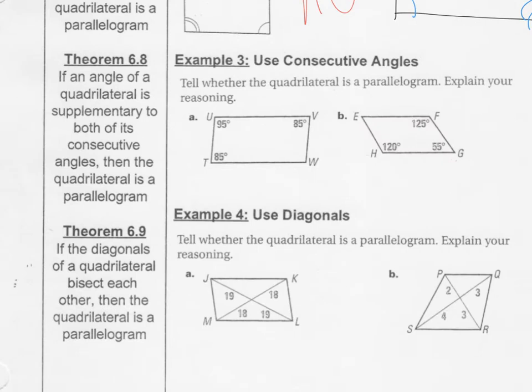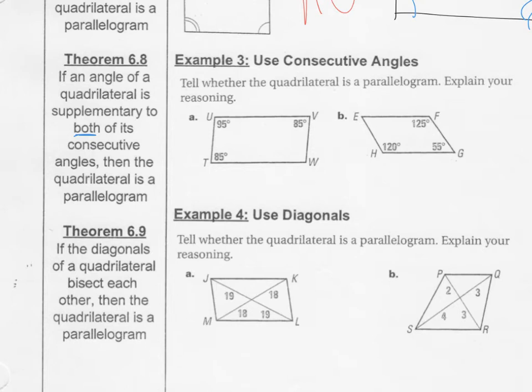In this next example, we're talking about consecutive angles. Consecutive means one right after another. Okay? So basically, again, we're just determining, is it a parallelogram? It says if an angle of a quadrilateral is supplementary to both of its consecutive angles, keyword there is both for sure, then it's a parallelogram. So